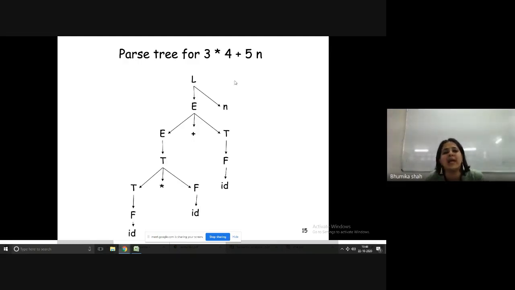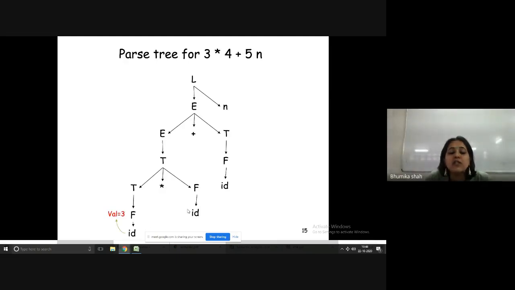So how are we going to evaluate that? The first operation we are going to apply is multiplication. The rule we apply is, we parse: E derives E, then the lowest precedence operator is plus. So E derives E plus T. The next highest precedence operator is multiplication. So E will be converted to T, and then T will be converted to T multiplied by F. Then this T will be converted to F, and F will be converted to ID. Right? So this is how we are parsing the string and drawing the parse tree, right? The same sequence has been drawn over here.